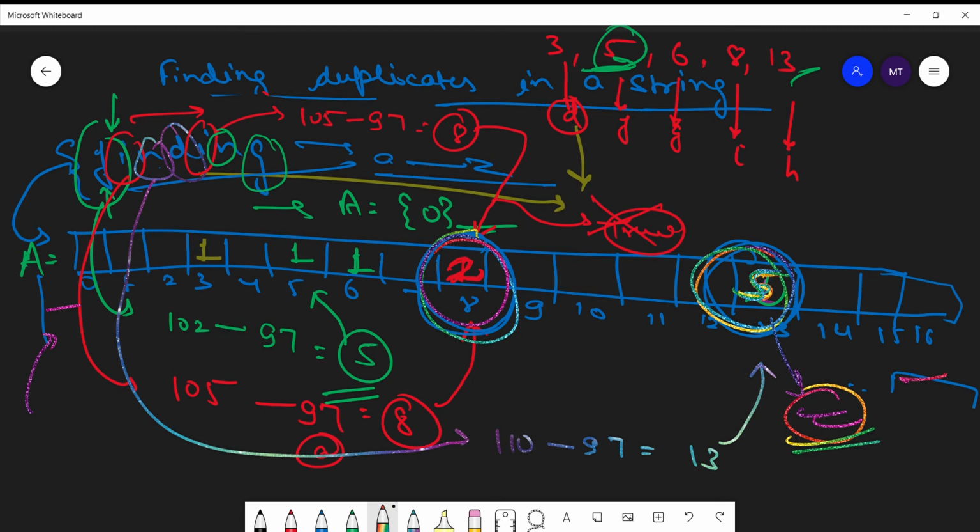But if you have to find how many characters are repeating, then accommodate all the repeating elements, iterate over that array and count how many values are more than 1, and likewise make a count plus plus and return the count value, so that will return how many characters are duplicated.